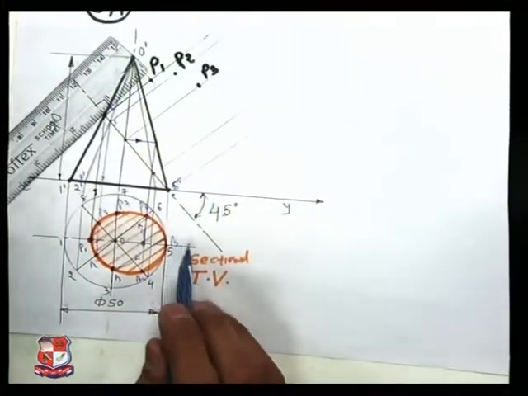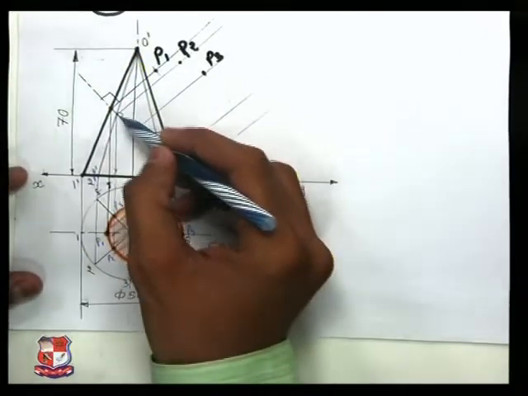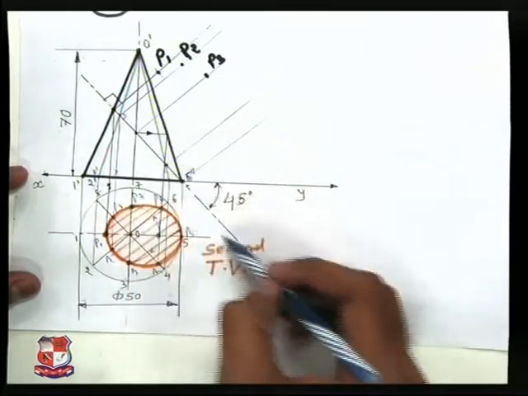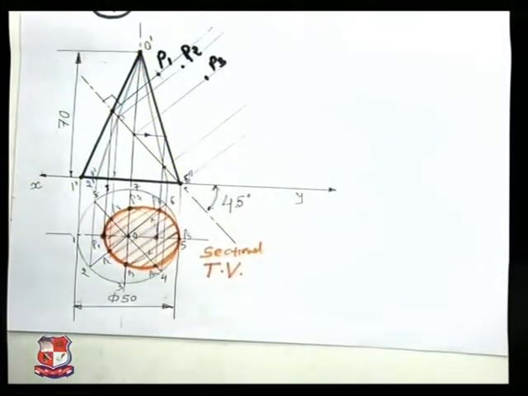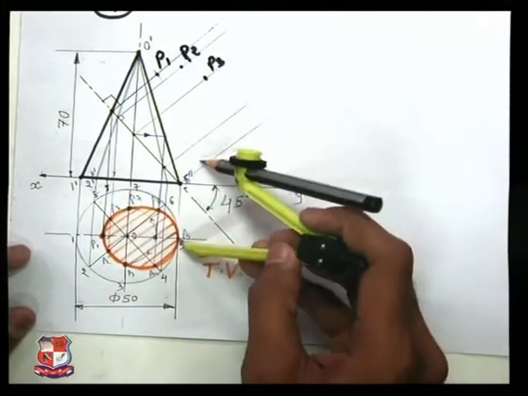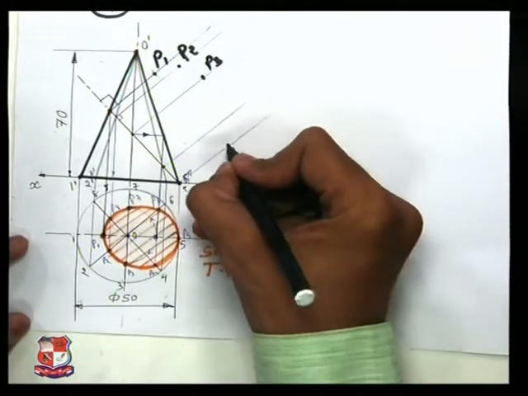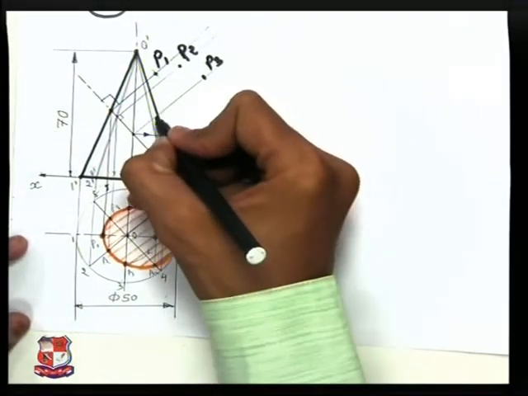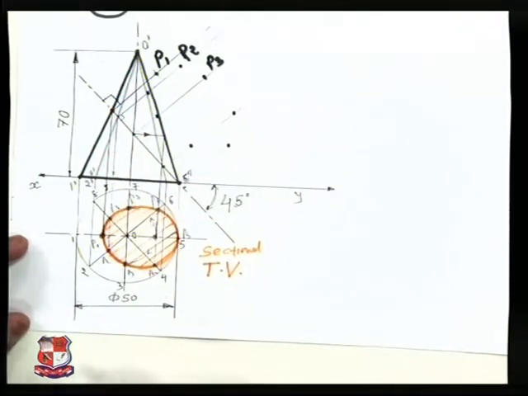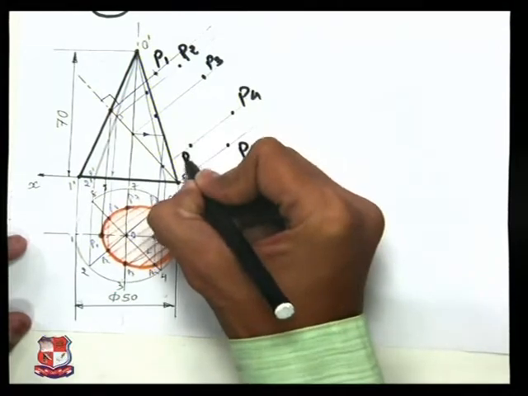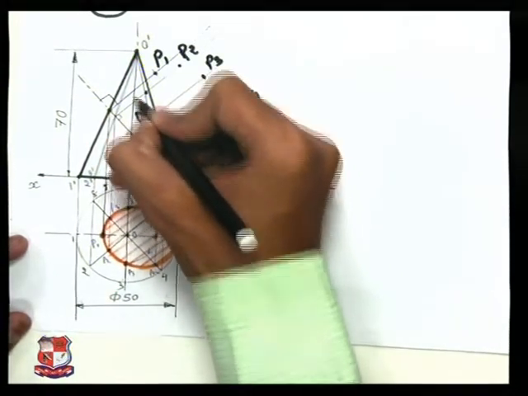So in the exam, what you should do is draw from all these points lines at an angle of 90 degrees with this cutting plane line, and then take the radius from the top view like this, cut it over here and find the points of intersection. Here would be P5, and the rest of the points would be there. Here P4 would be here, P5 would be here, P6, P7 and P8.